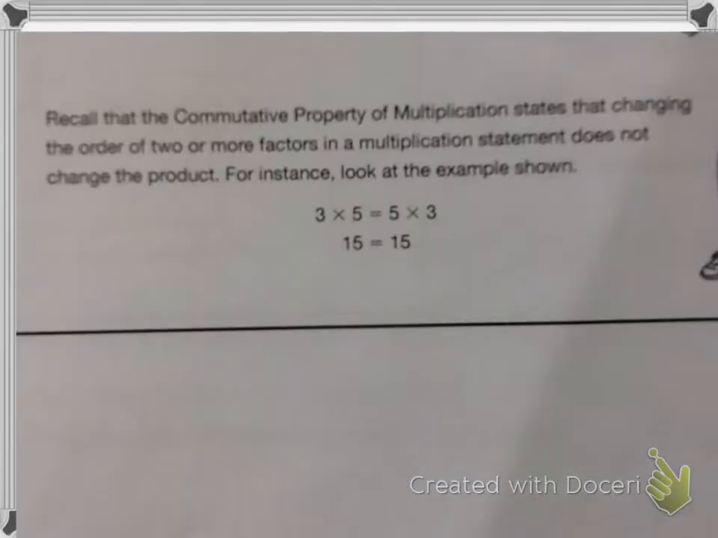Whereas the commutative property of multiplication states that changing the order of 2 or more factors does not change the product. So for example, 3 times 5 equals 5 times 3. And you could use more than 2 factors. So if you had 2 times 4 times 3, it'd be the same as if, let's say, I did 3